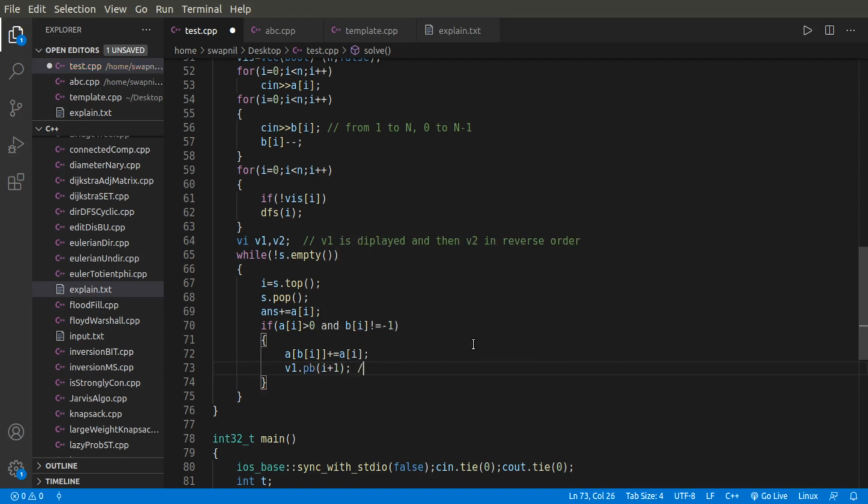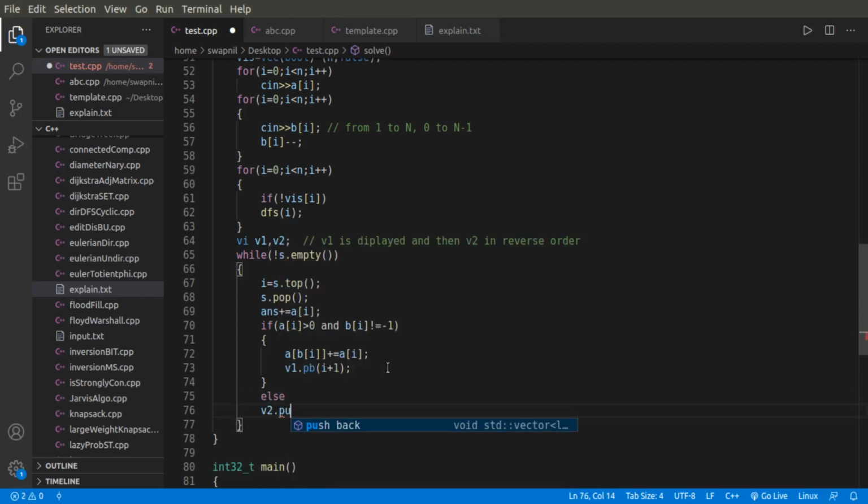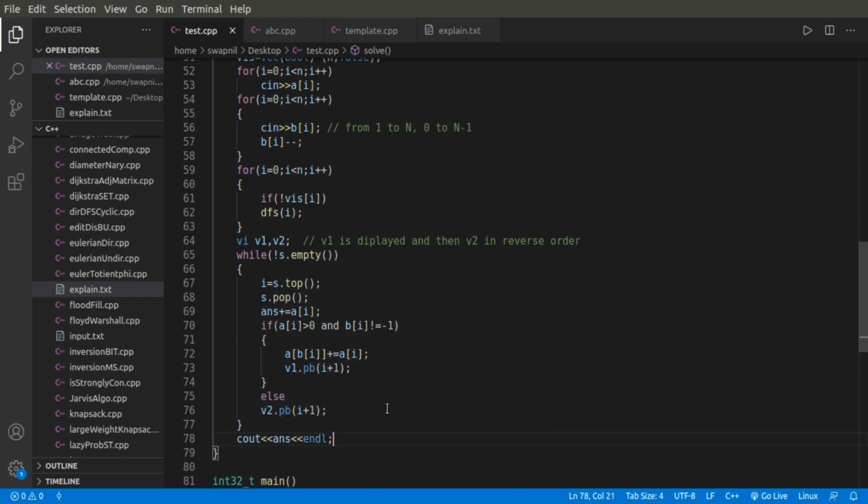Why am I pushing i plus 1? Because initially I made bi minus minus, and here i is the ordering of those vertices, so that's why I use i plus 1. Else, if this is not the case, I will push it in v2. So we are done with finding v1 and v2, and the answer will be calculated according to this particular order, and it will be the highest one.